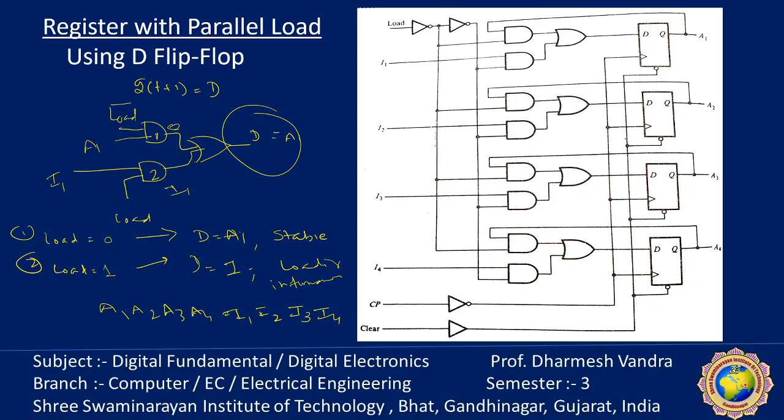So in this way, the register with parallel load can be connected with the D flip flop, and the clock and clear inputs are the same as for the SR flip flop. When the load input is 1, the I input is transferred to the register on the next clock pulse. But when load input equal to 0, the inputs are inhibited and the D flip flops are reloaded with their present value. To maintain the content of the register, the feedback connection to each flip flop is necessary when a D flip flop is used. But in SR flip flop, it is not required.